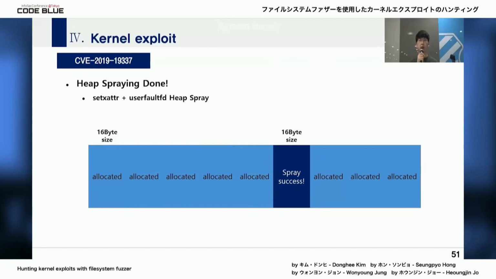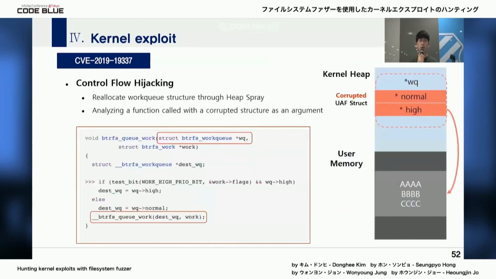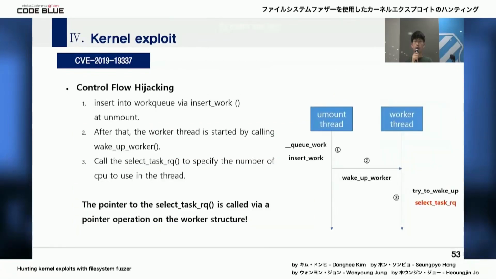and modify it to an arbitrary value. Since we have to gain control over the fields of the work queue struct, we started further analysis of how the fields in the work queue structure are used in operations after the btrfs_queue_work function. And through the analysis, it was confirmed that the following actions were performed.